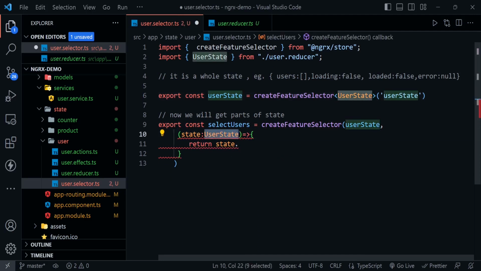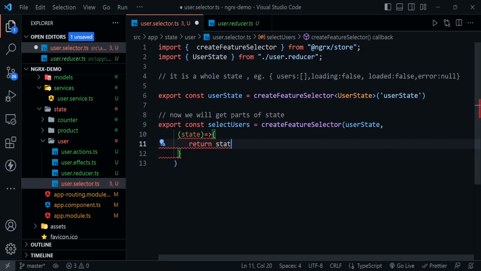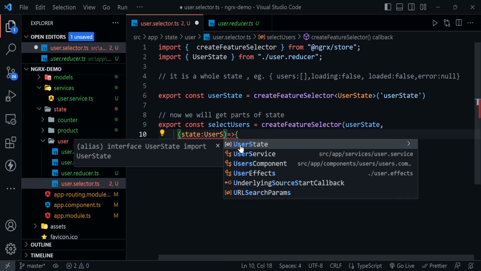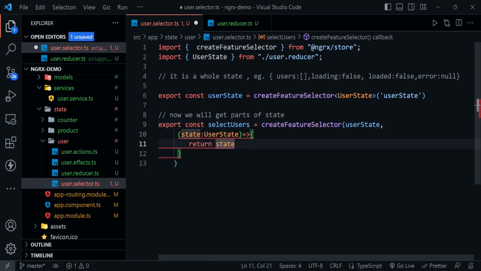Okay, now can we get it? Return state.users. Okay, so I'm getting some error here, so let me think. What am I missing here? Let me see. Let's define it strongly typed. So I'm going to write here UserState. Okay, state dot. Okay, now I'm getting it, but again I'm getting an error here,